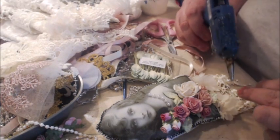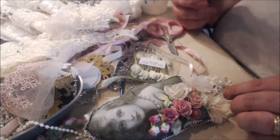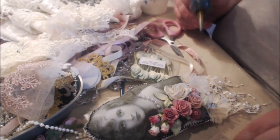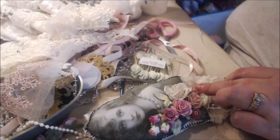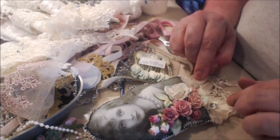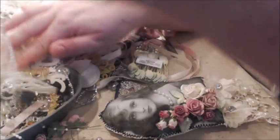Okay, so I'm going to put a little bit of hot glue right there, and then I'm going to add a little bitty baby rhinestone. Just like that. Look at that. Isn't it pretty? It's so pretty. Okay, I was thinking,